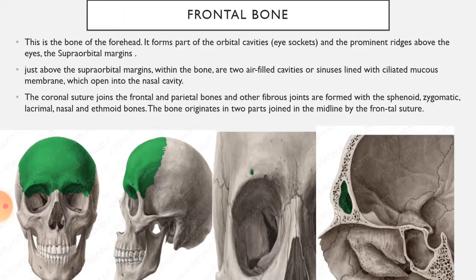Before discussing them, let's look at all the bones so that we get to know their location. So this is the frontal bone, which is a bone of your skull or the cranium, and as you can see, this lies anteriorly. This is a single bone, and it mostly forms the forehead of your skull, or we can call it the forehead bone.